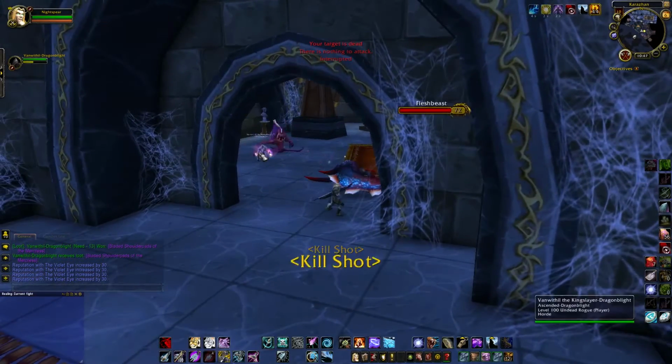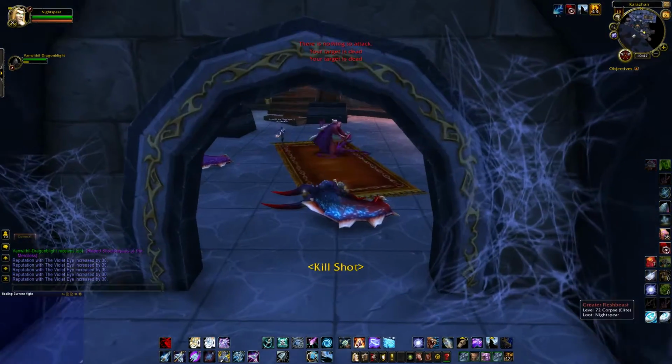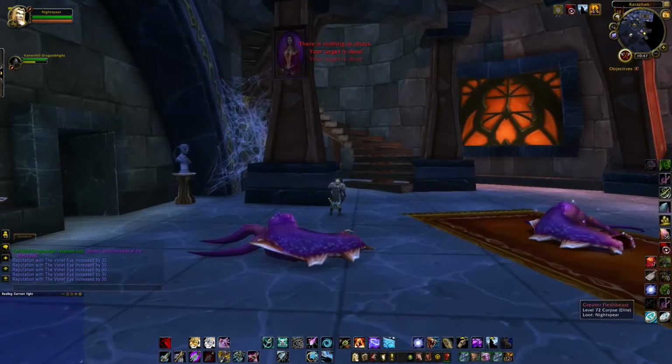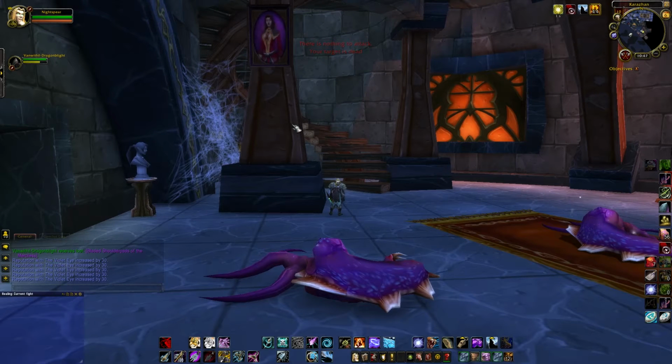Now we're getting into the weird stuff. Medivh's weird pets. This is what happened to everything in the menagerie. Yeah, this was all the fluffy sheep and the little bunnies and the Wolpertingers and the...